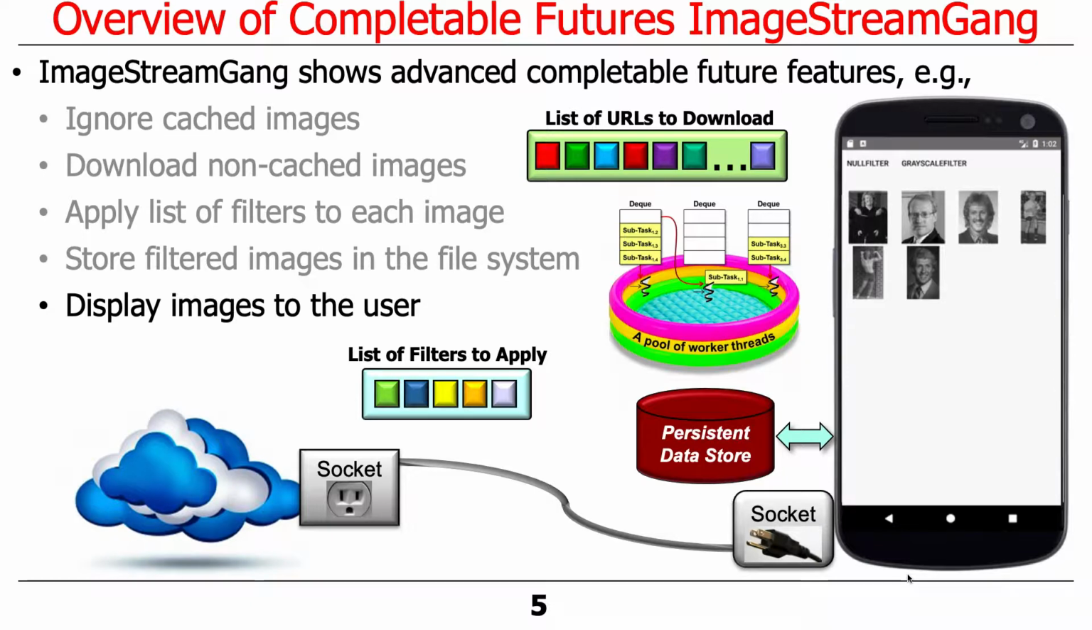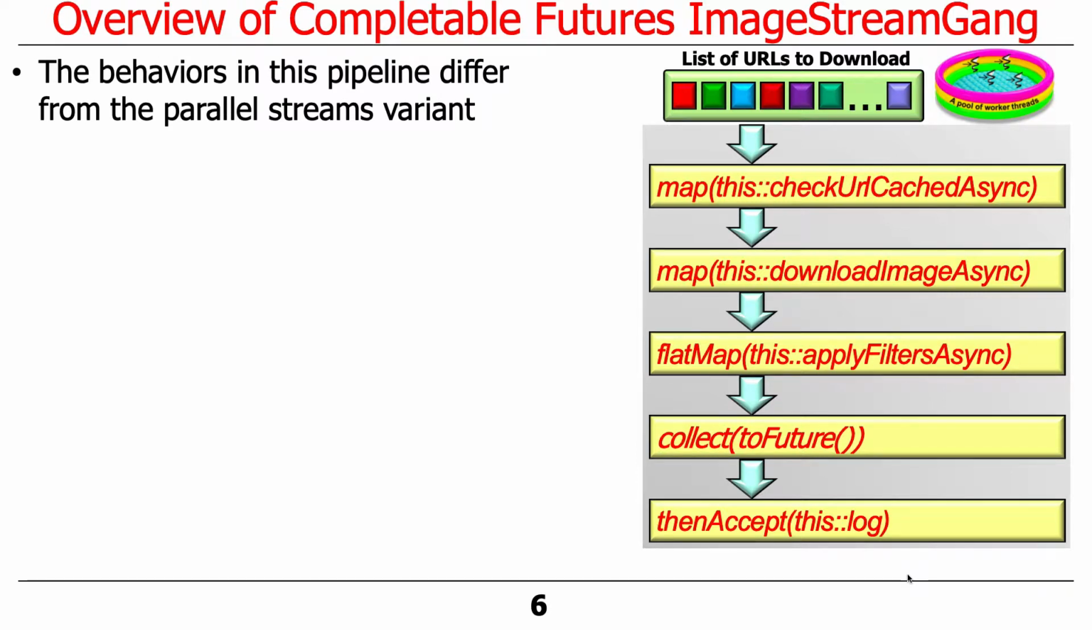displayed to the user. That processing is done using an activity and does not involve completable futures, but all the information that's created would have used them in order to get the images downloaded, filtered, and stored. The behaviors that we have in this particular pipeline differ from the parallel streams variant we had talked about before. In particular, you'll see as we look through this, each of the steps in the pipeline uses asynchronous processing as